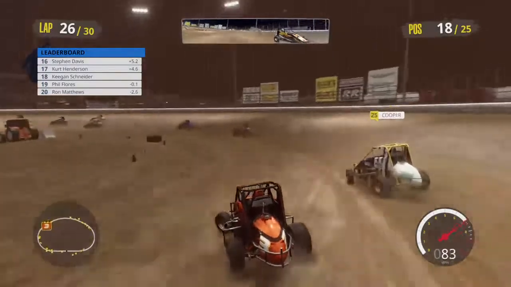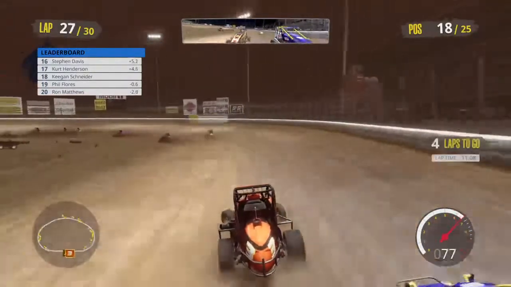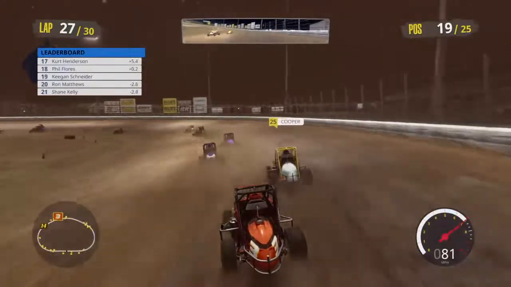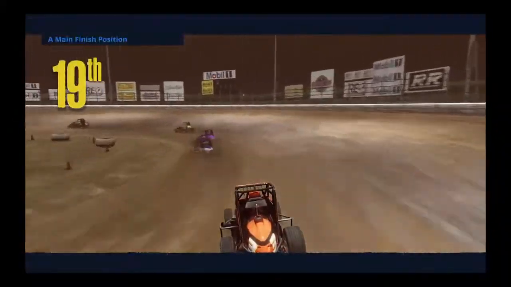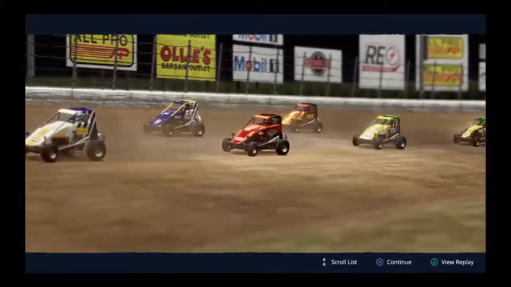Wow, I don't know where that came from exactly, as we're now in a dogfight here to hold on to our position. There's Tony Stewart, the leader. He makes contact with us. We wash up the track. We're going to lose a spot. Now back to 19th. Can we get Flores back now? I don't think we're going to. Nope. We lost a spot on the last lap. Let's take a look at the official race